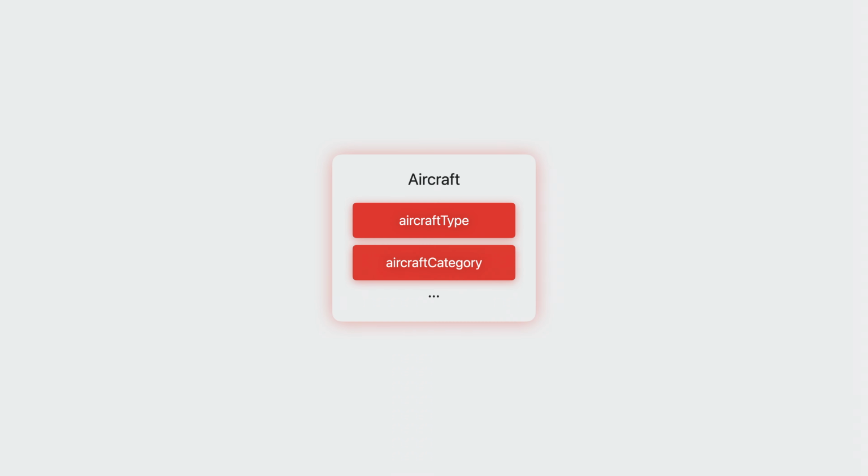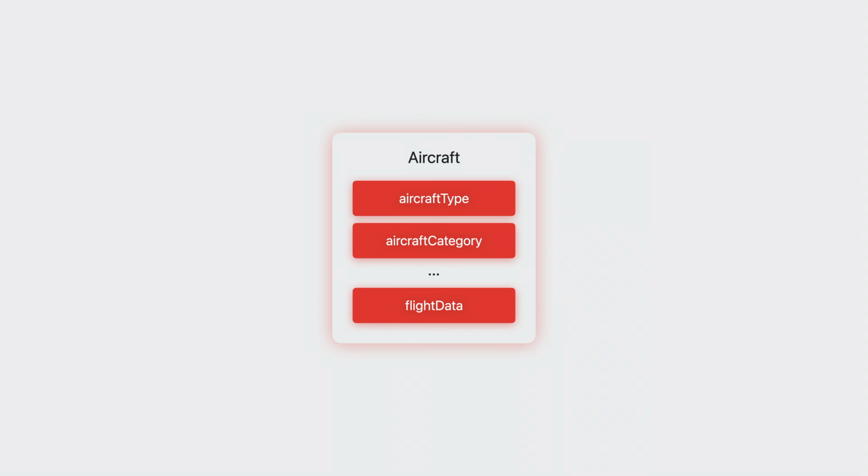Considering the aircraft model again, it has a new attribute, flight data, that stores data in a binary format. Suppose there's a need to denormalize this model and separate all flight data into its own entity type, all while preserving any existing data and the relationship to the aircraft from which it was generated. This is a very complex model change and is not eligible for lightweight migration by itself. These changes need to be decomposed to use staged migration.